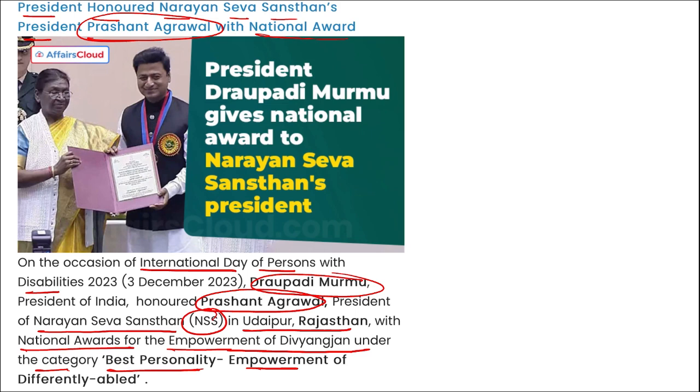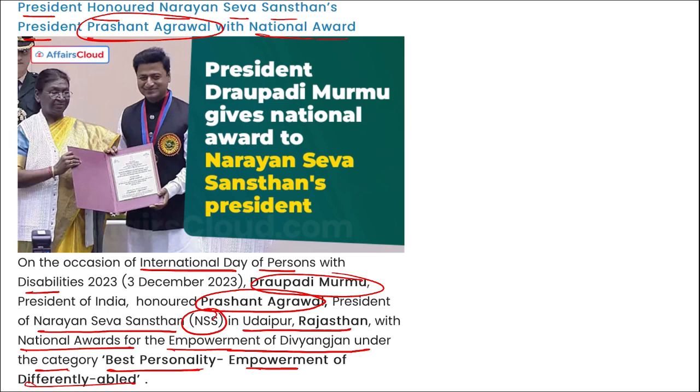Who was honored with the National Award for the Empowerment of Divyangjan under the category Best Personality Empowerment of Differently Abled? He will be Prashant Agrawal, the President of Narayan Seva Sansthan. Correct? Mark this. And this award was for the recognition for his outstanding work in the field of the empowerment